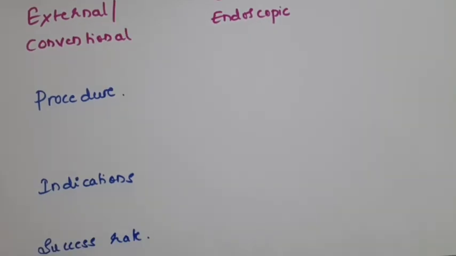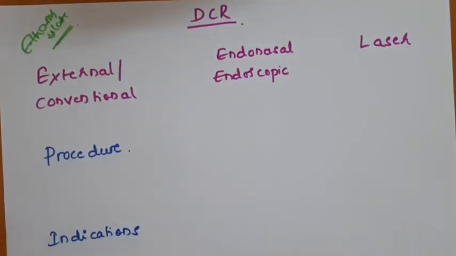The investigations are the same as I told for the DCT, but preoperatively you will have to give some medications like ethamsylate. That is, tablet ethamsylate 250 mg twice a day is given 1 day prior to the surgery, and even on the day of surgery, to achieve adequate hemostasis. That is the first thing. That is one difference between the DCT and DCR.